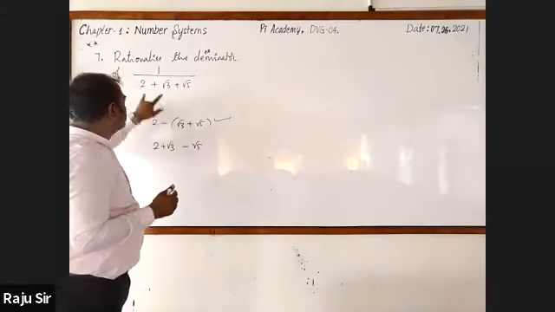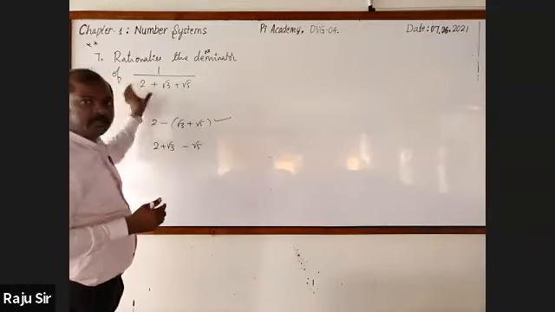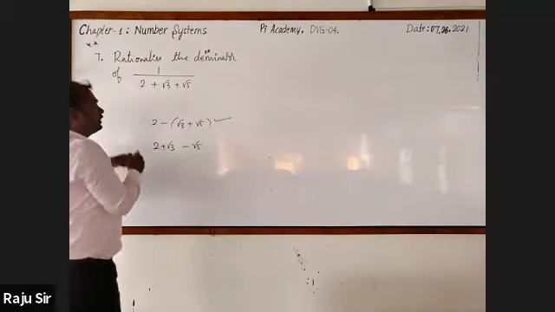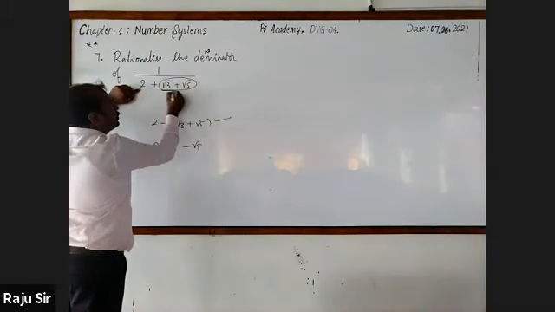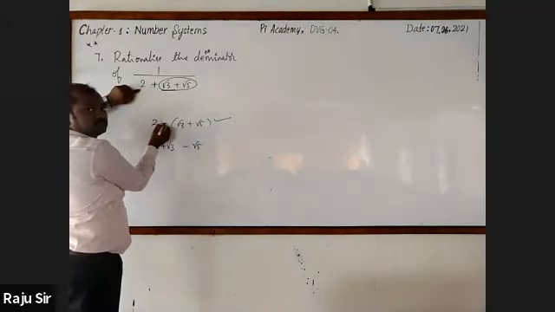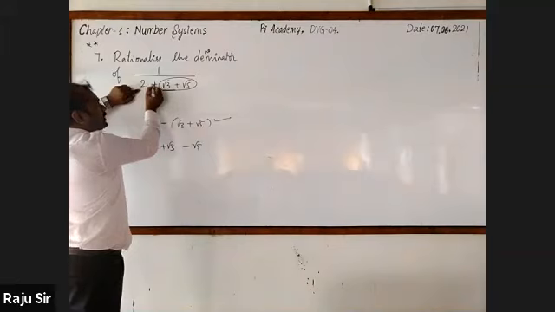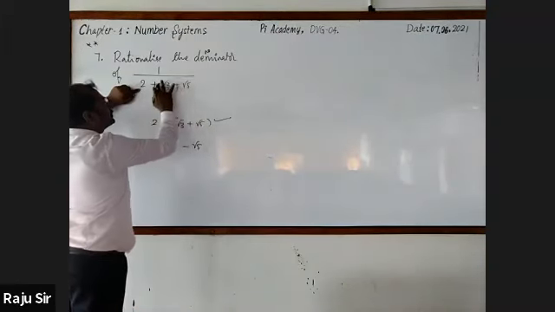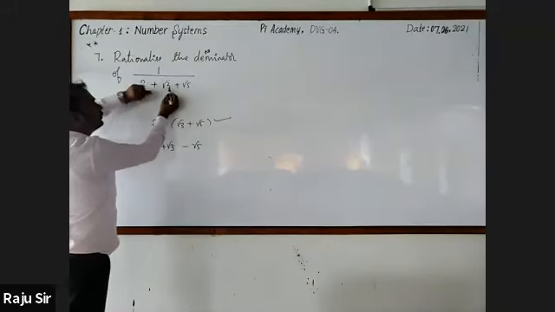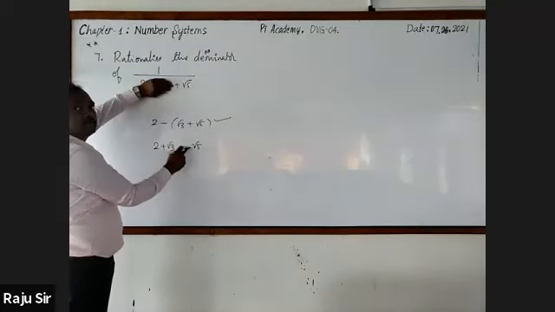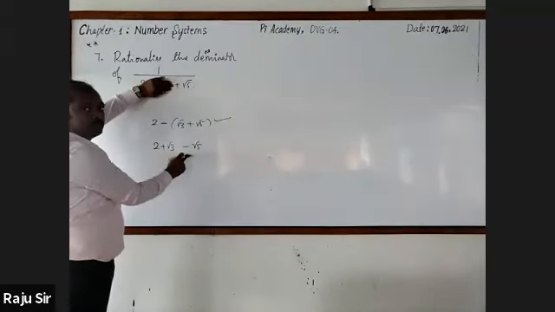You should change the symbol, sir. You may group by taking first two terms or last two terms. Here, your last two terms are there. Here plus sign is there. It becomes minus. Next, if minus is there, it should be made as plus. If you take the first two terms, 2 plus root 3, it is not changed. Then remaining plus root 5, you have to write it as minus root 5. Understood? Yes, sir. Okay.